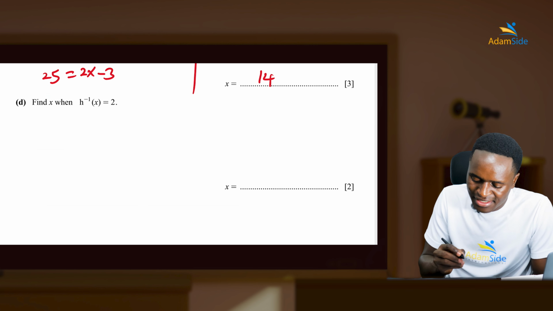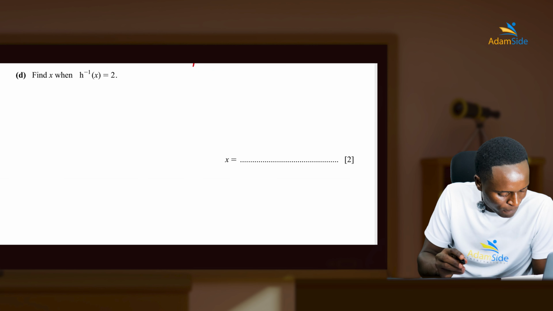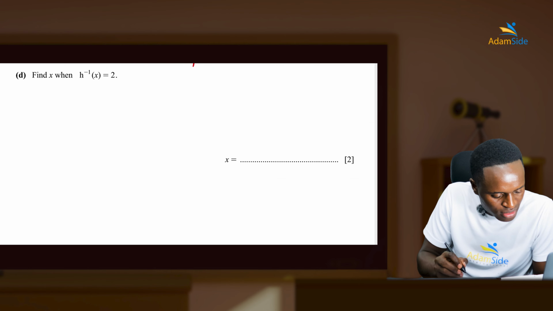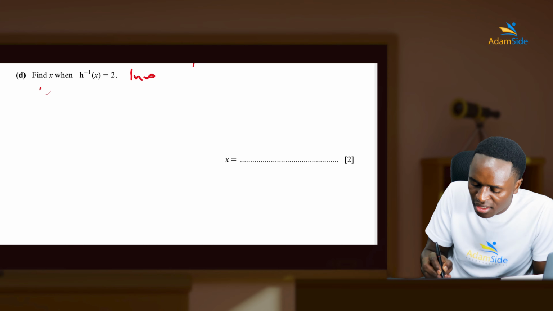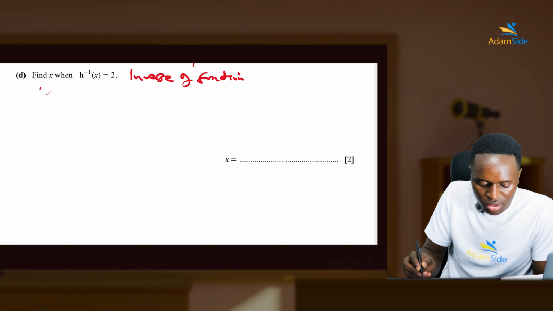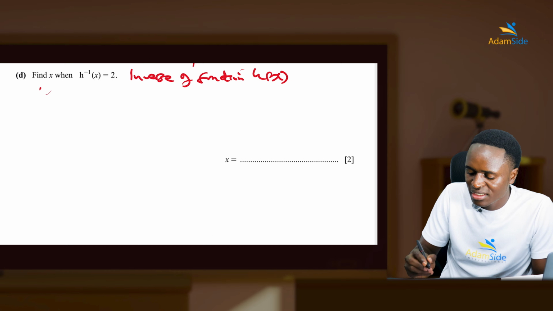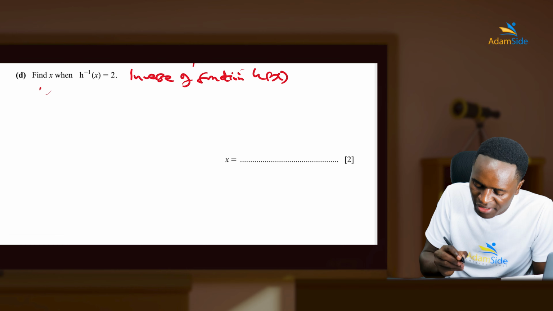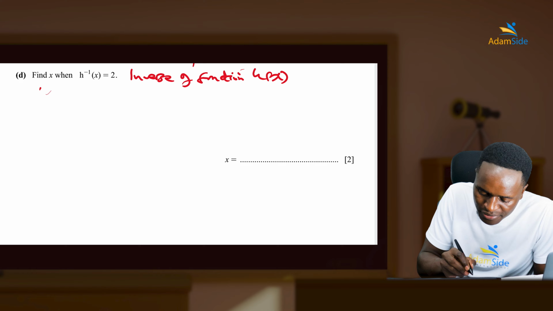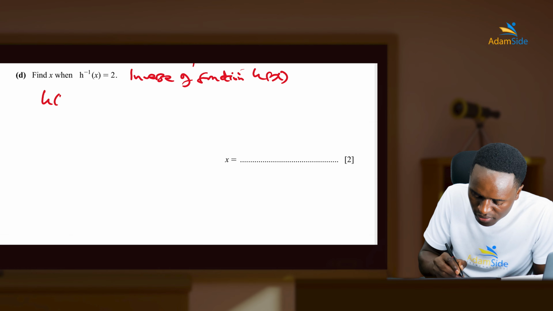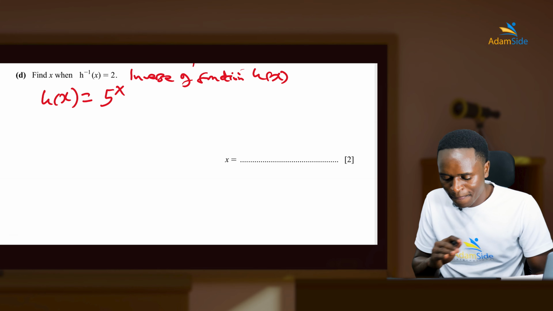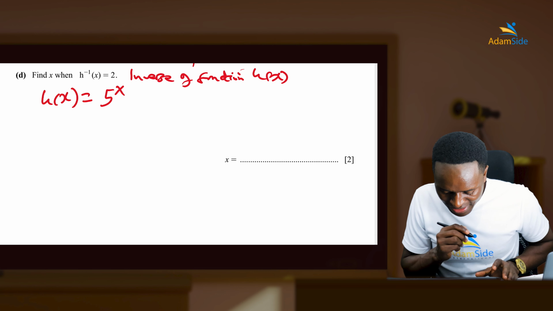Find x when h inverse of x is equal to 2. So h of x, we need to know now. H inverse, so we say the inverse. This is the inverse of the function h of x. So h of x, we understand that h of x is equal to 5 power x, as simple as it is. Now the inverse,